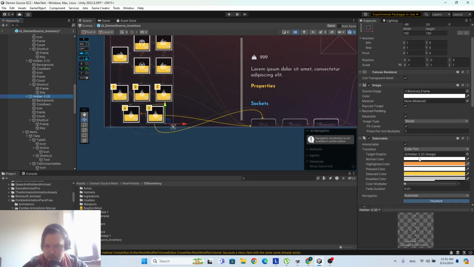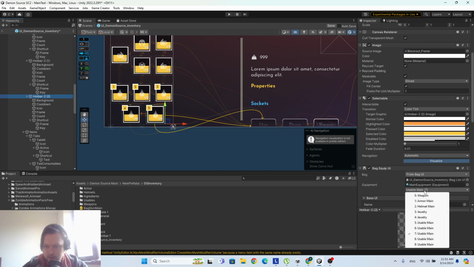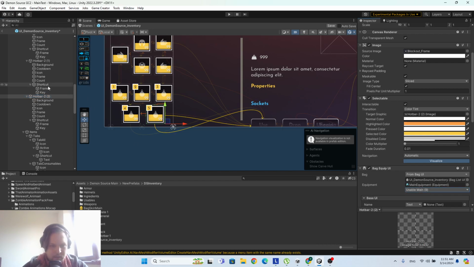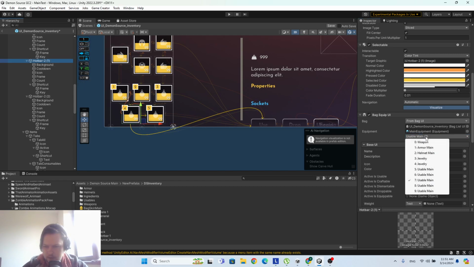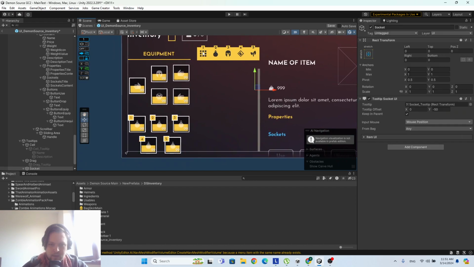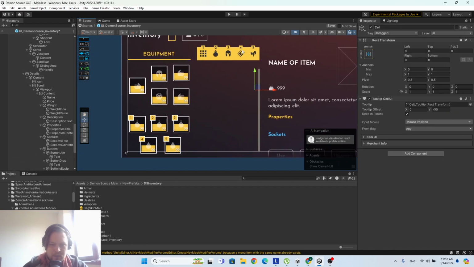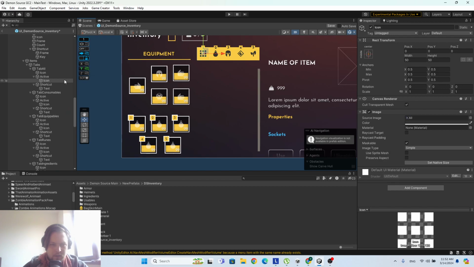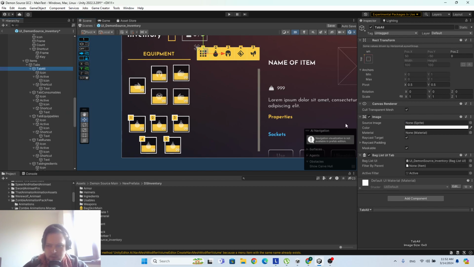And hotbar usable main 9 and usable main 8. Also, for the proper sorting, you need to